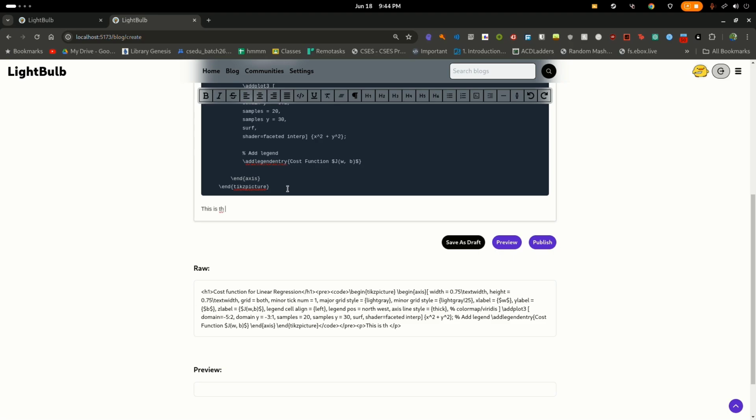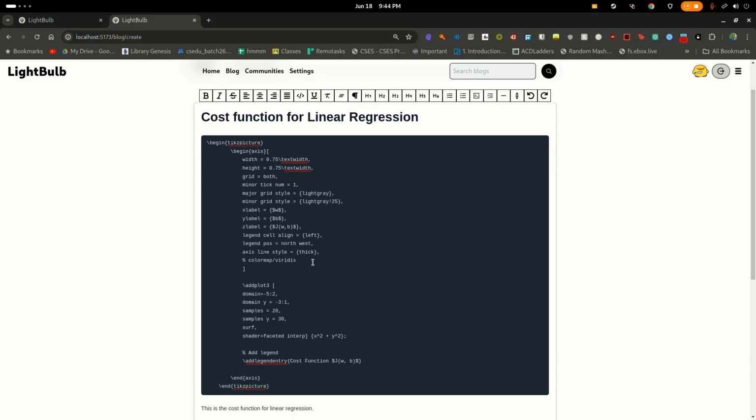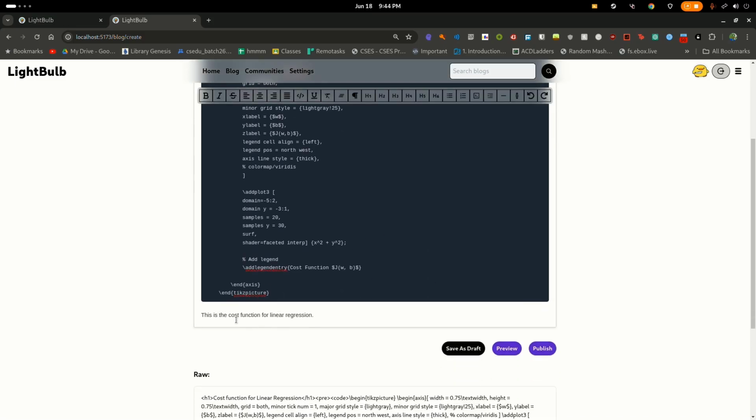This is the cost function for the linear regression algorithm. So we run gradient descent on this cost function, and we minimize that. So yeah, I can also bold and italicize and strike through, and a lot of other functionality that's all over here. So when I click the preview button,